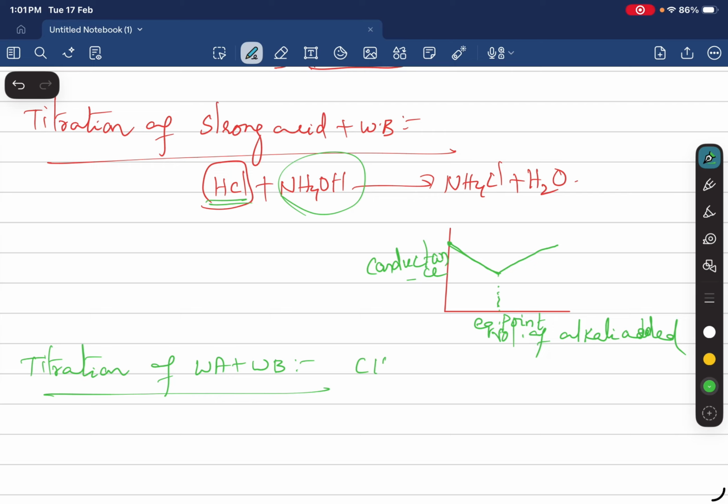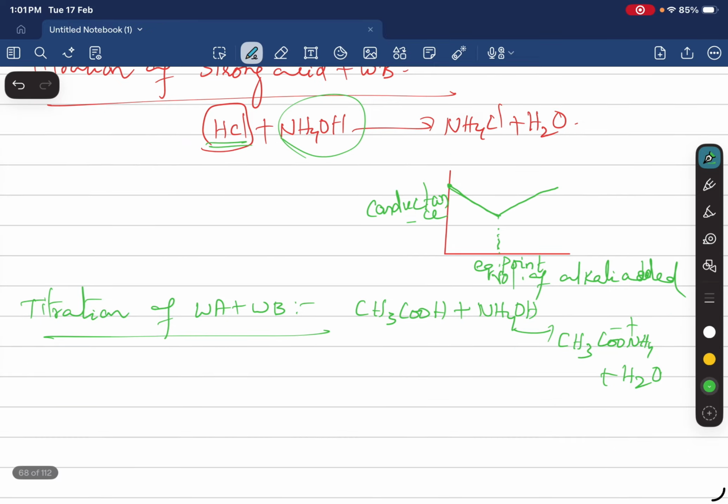So weak acid CH3COOH and strong base NH4OH give CH3COO⁻, NH4⁺ and H2O. Here we are taking the weak acid first, so that the conductance of the starting solution is less, so it will be like this, and on addition of NH4OH it increases,